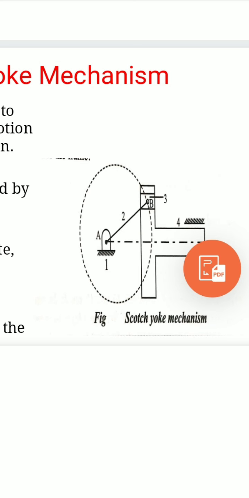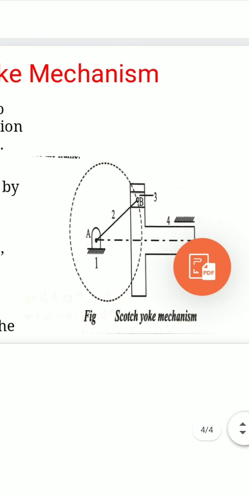Link 4. Therefore, this mechanism is used for converting rotary motion into reciprocatory motion. The inversion is obtained by fixing link 1 or link 3. Either you can fix link 1 or you can fix link 3. Any one is possible. So in this, when link 2 is rotating